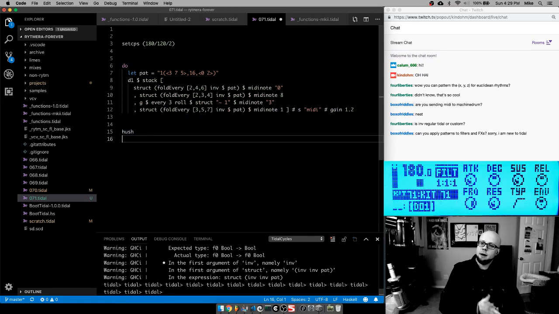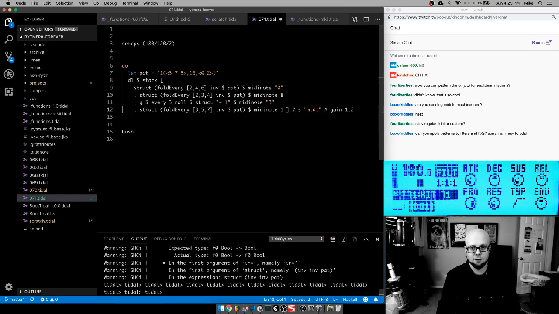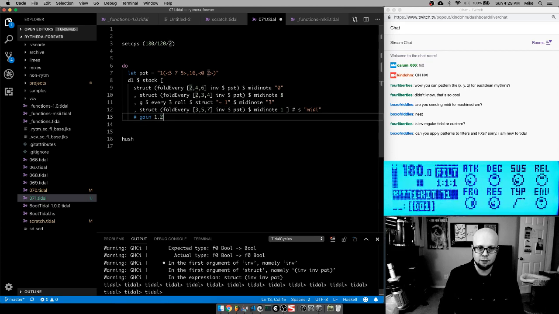Can you apply patterns to filters and effects? Yes. Now in my case, I'm using my drum machine. I'm not using any SuperCollider or SuperDirt samples, so my effects are limited to what I can do with my drum machine. But the answer is yes. In fact, if you take gain as one example, right now all of my pads are playing at